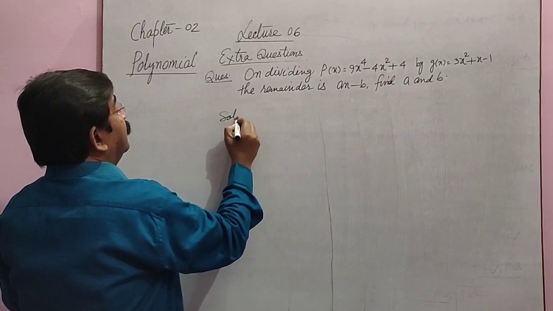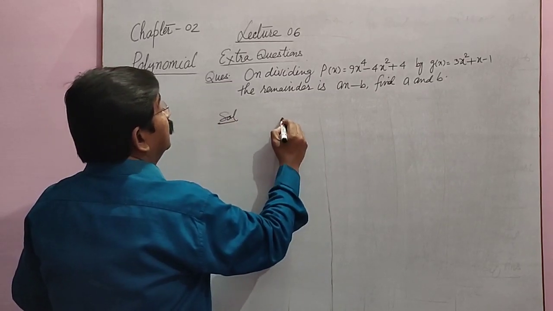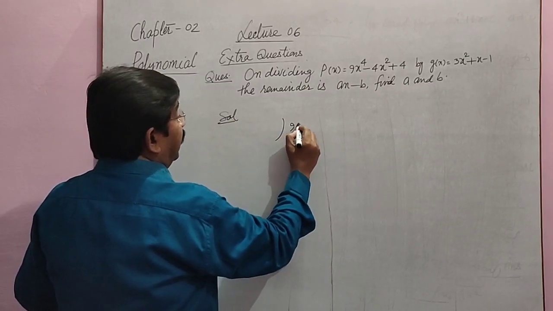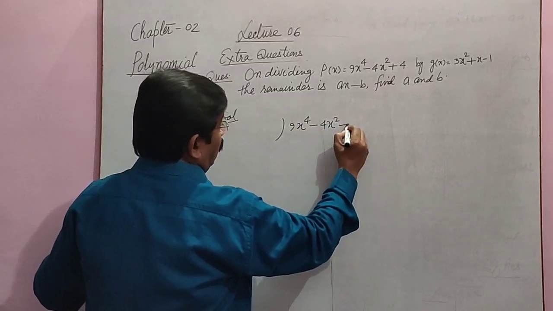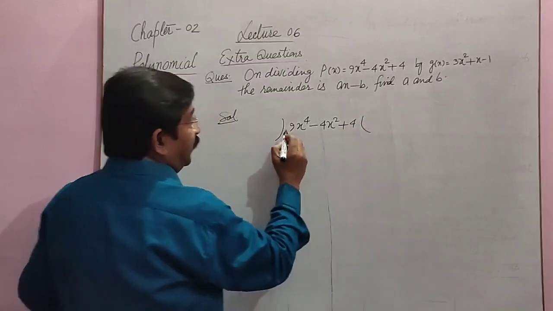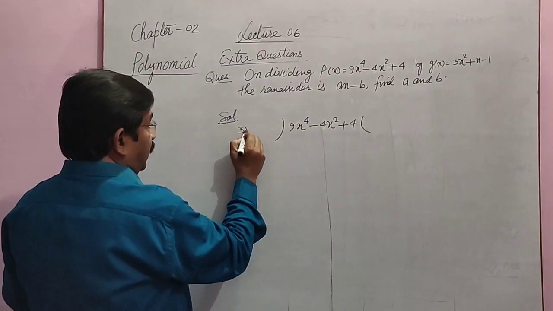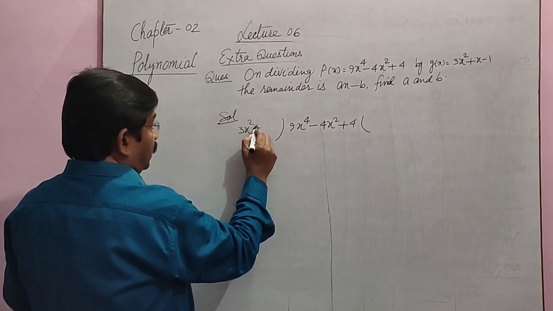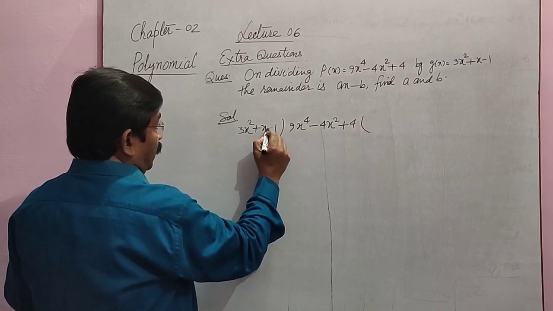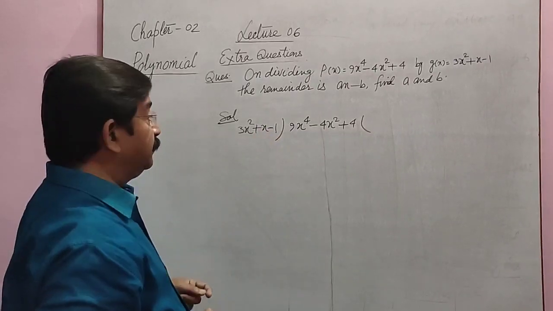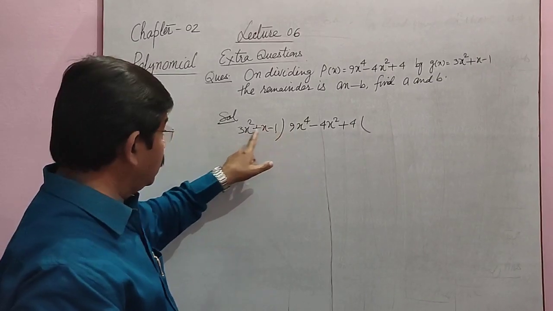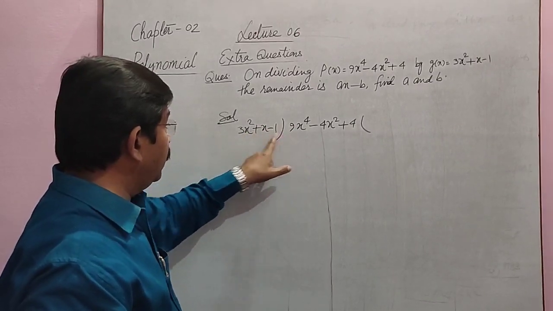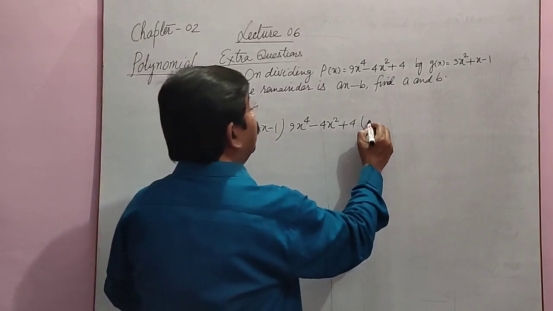simply solution. See, 9x to the power 4 minus 4x square plus 4 is the dividend. g(x) is 3x square plus x minus 1. Let's divide. This is 3x square. Its coefficient is 9. This coefficient is 3. 3 3s are 9 and x square. So we have